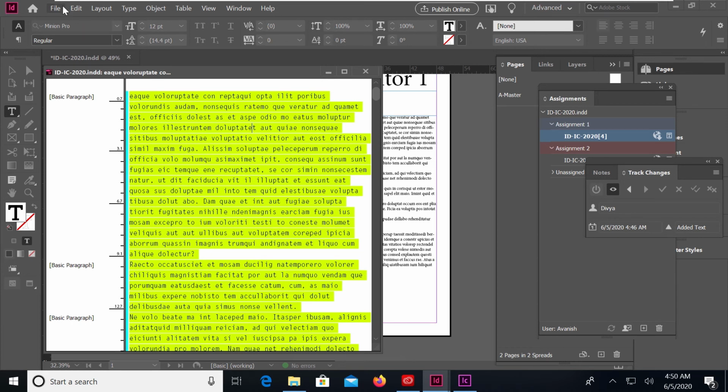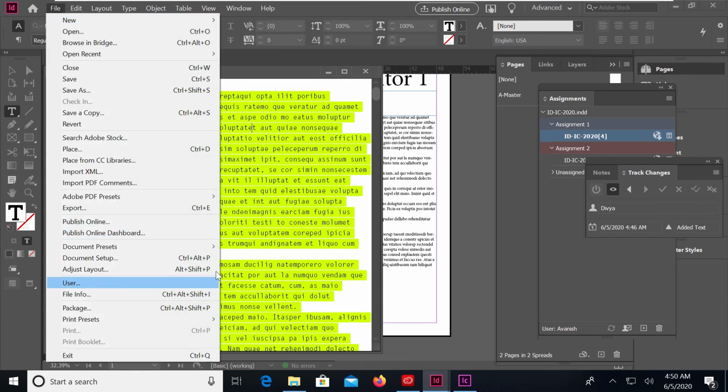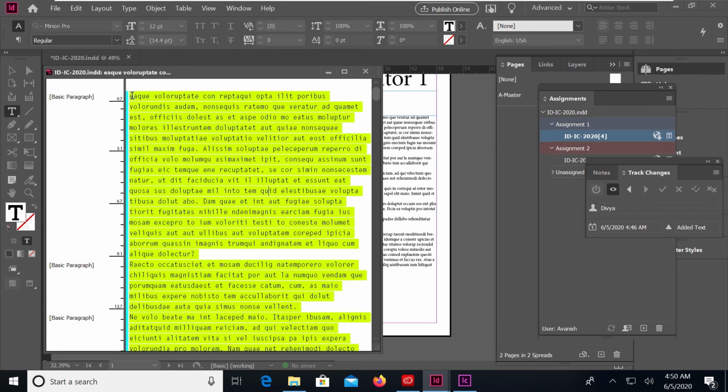Remember that we went into the file menu and clicked on user to assign ourselves a color. Similarly, InDesign or InCopy remembers the color that was assigned to that user and shows the text highlighted in that color. So you have all this text highlighted in the color which I had initially assigned myself